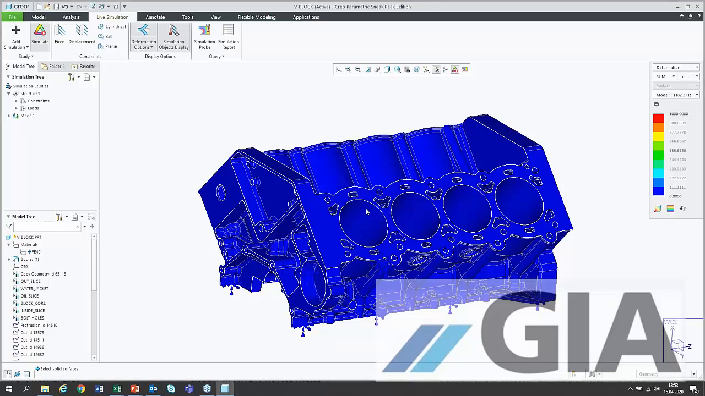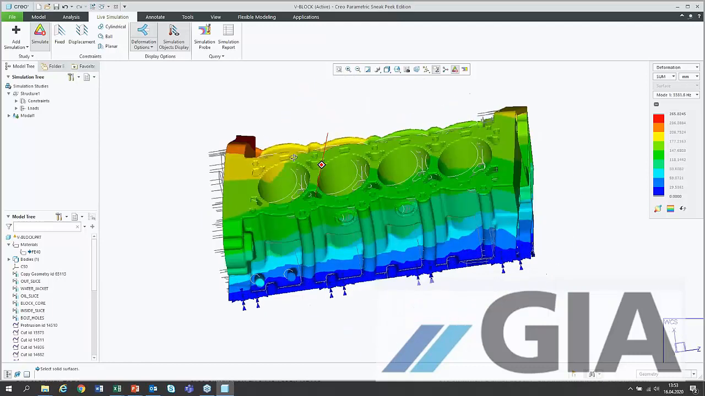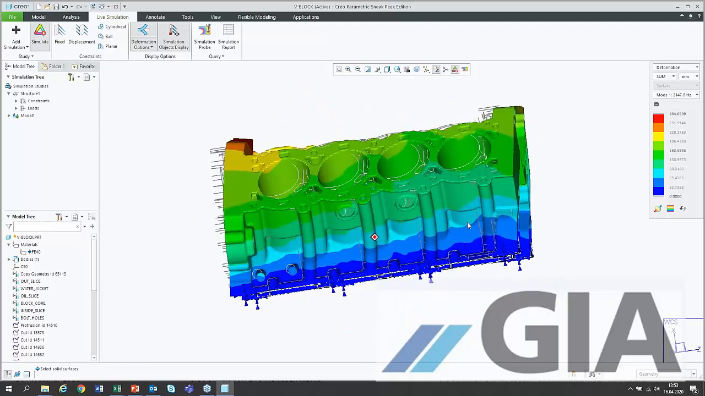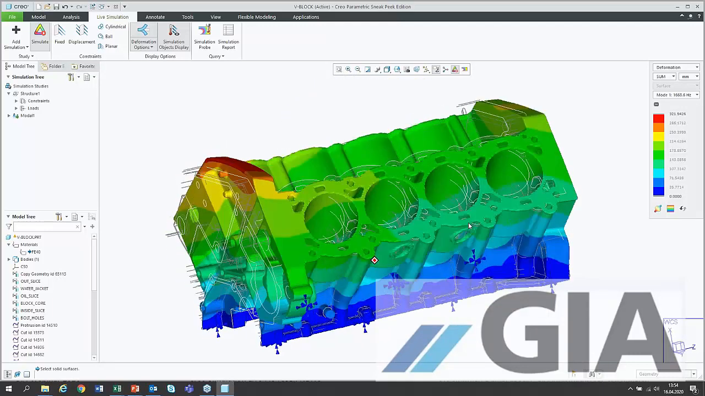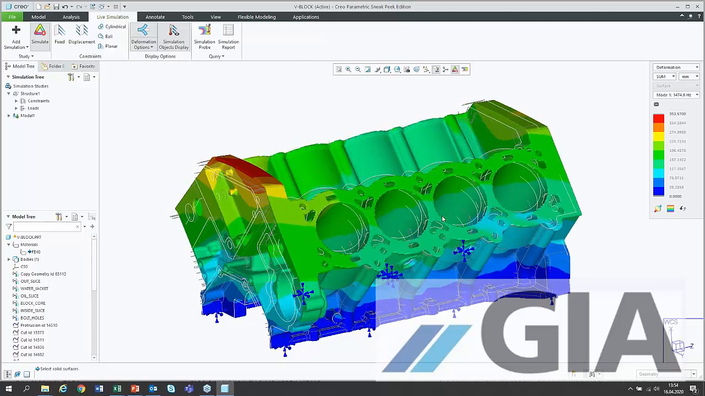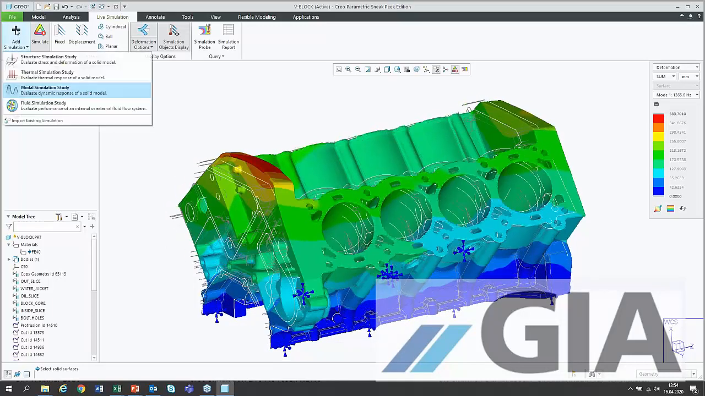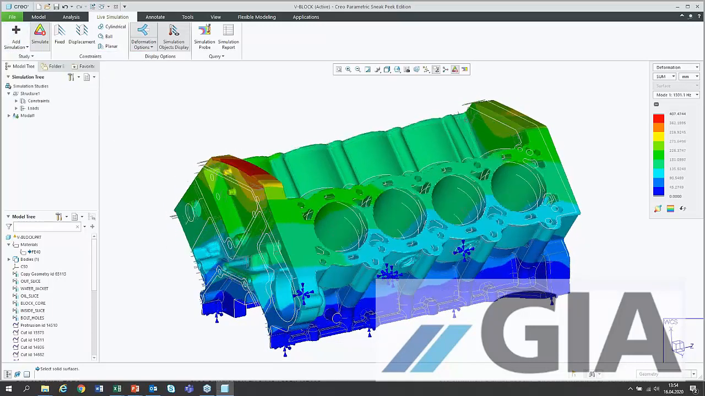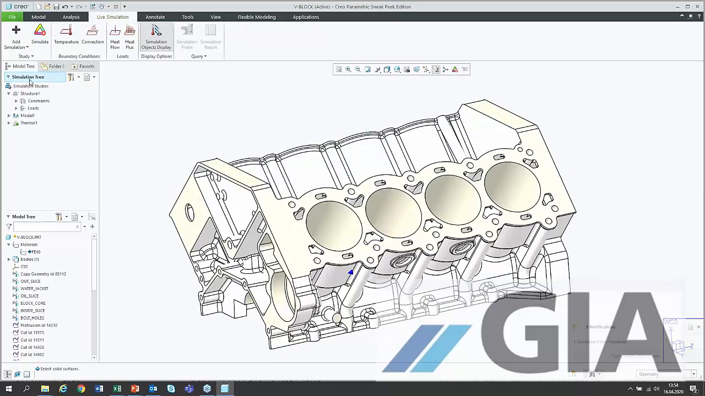Okay, closing that one. And where are the results right now? Here are the results, yes. So it took a little bit longer. As next thing, I'd like to create a thermal analysis. Okay, thermal analysis by default